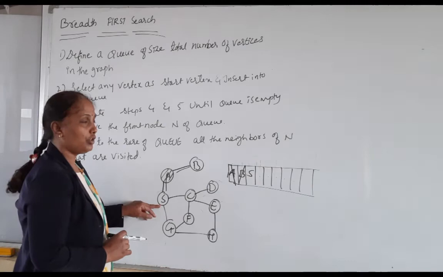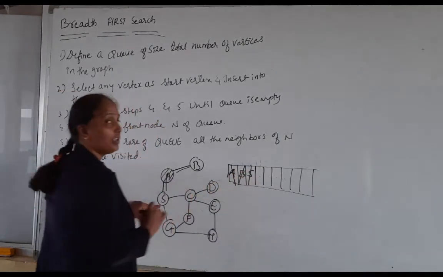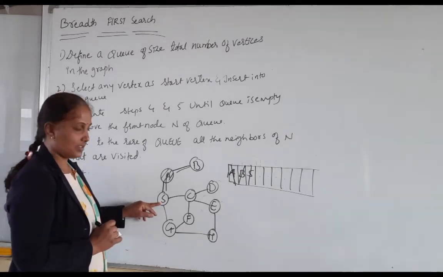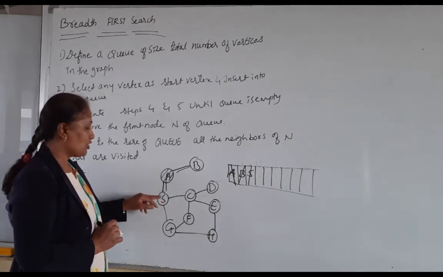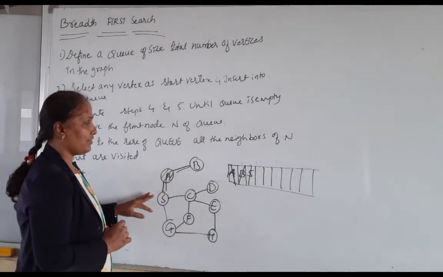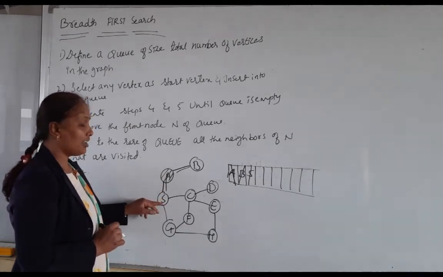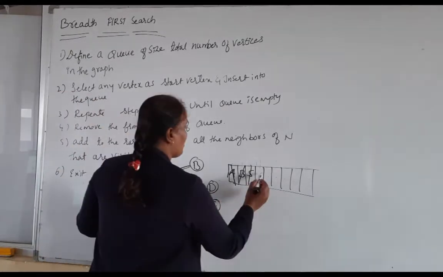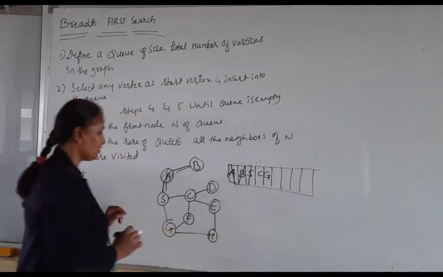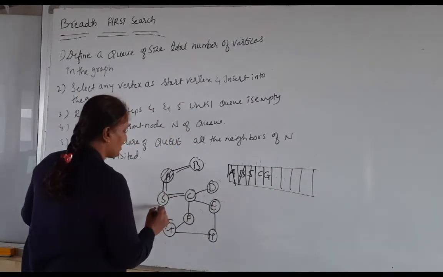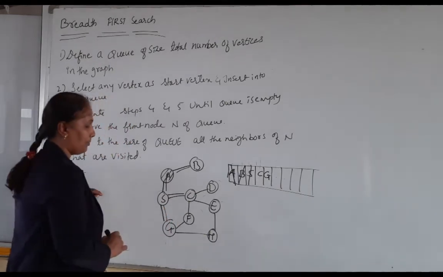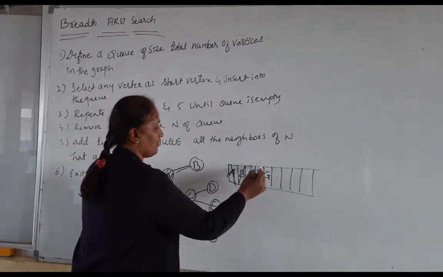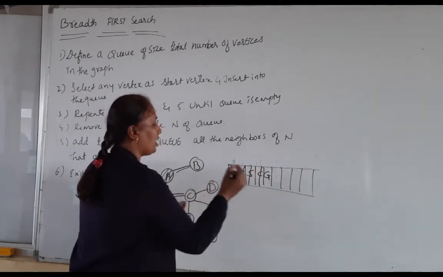Next, I am going to delete S from the front of the Q. So once I delete that, I must make an entry of the neighbors of S which are not yet visited. So what are the neighbors of S? A is there, A is already visited. Next, what are the other neighbors which are not yet visited? C and G are the neighbors. So I will make an entry of that in a Q, C and G. So from S I had visited C and G. After that, what is the front vertex of the Q? C.